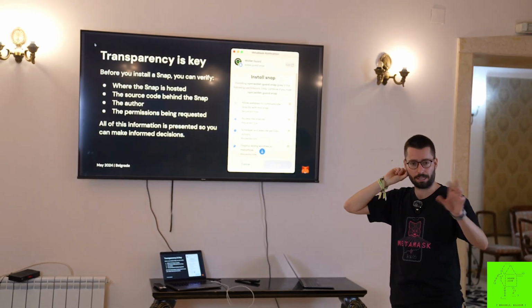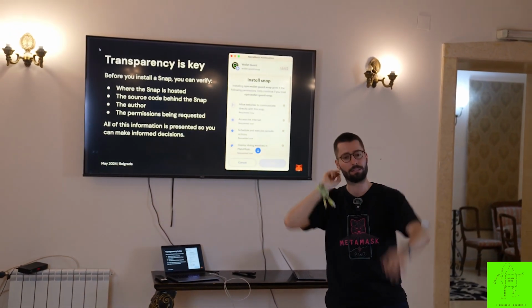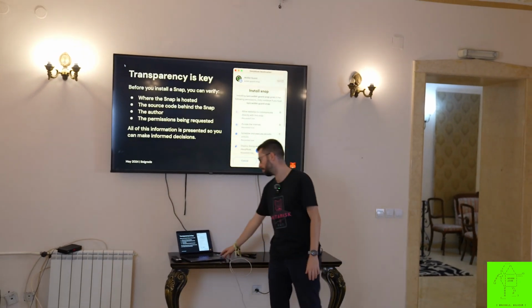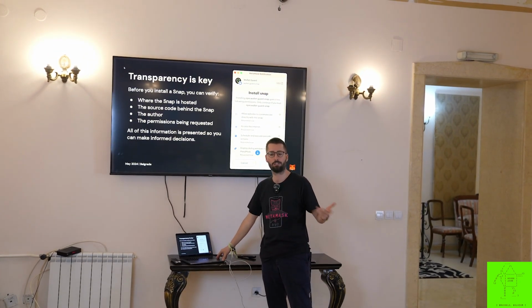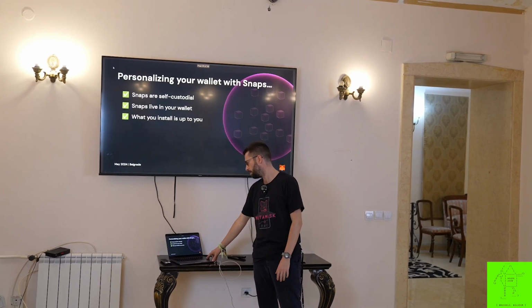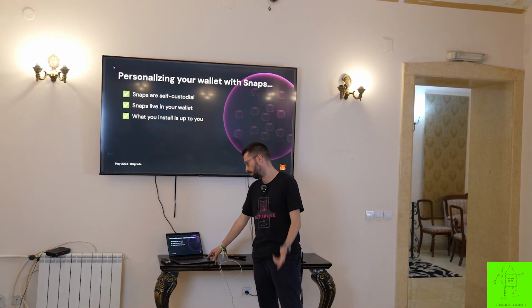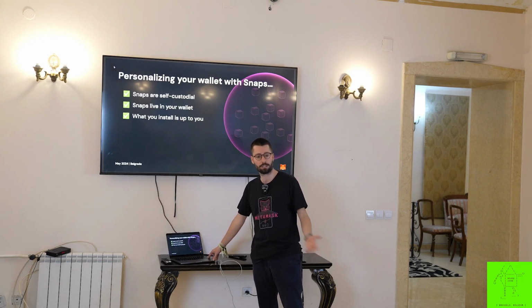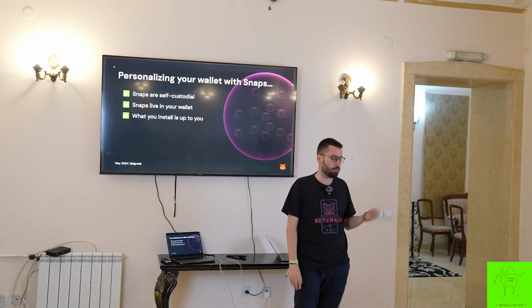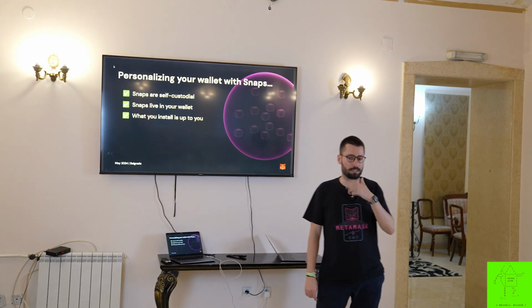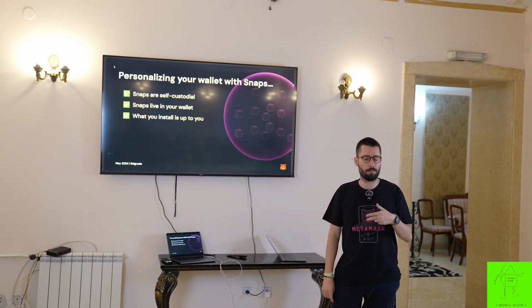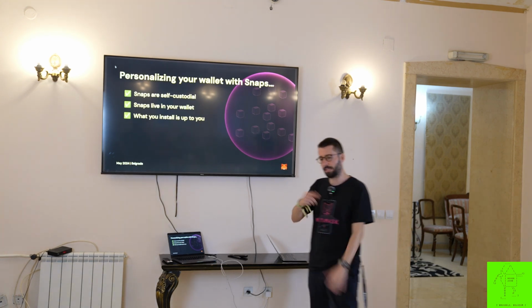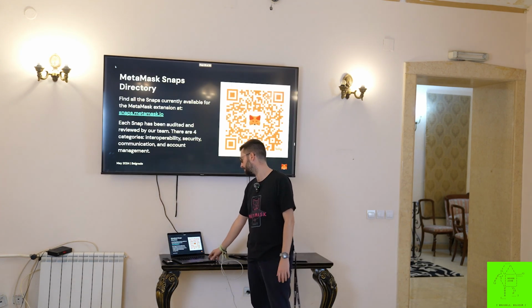In your extension, you have your settings, and in settings you have the Snap settings, and you can revoke access or suspend the access. So there are different things happening on the back end that you're really in charge of. It's self-custodial, they're living in your wallet, and you're in control of which Snap you want or don't want, depending on the use case. Right now, a bunch of people are just interested in non-EVM compatible Snaps. Instead of having different wallets for airdrops, they have the Solana Snap, the Starknet Snap, the BTC Snap, and they're doing transactions directly on that side.